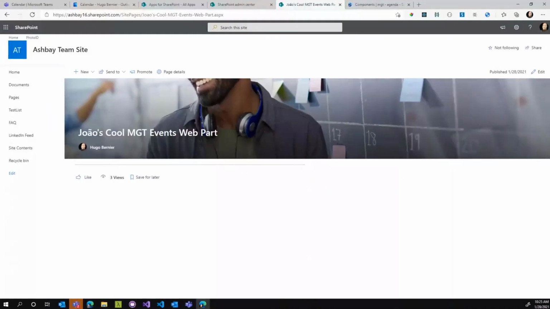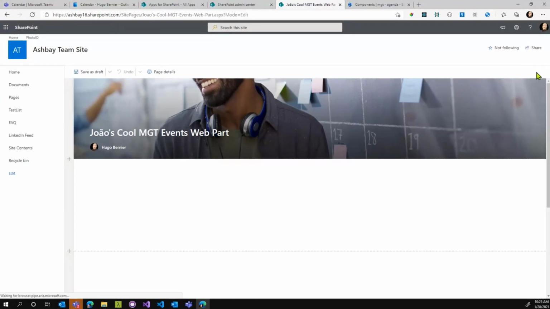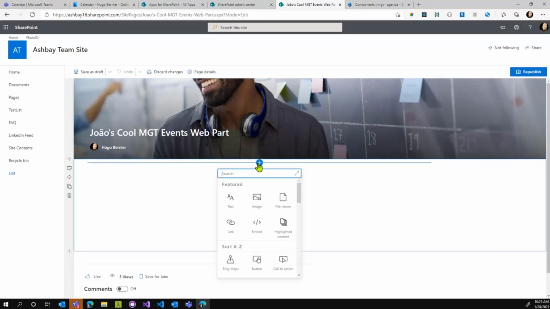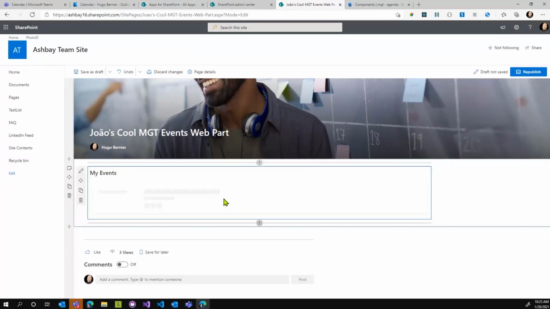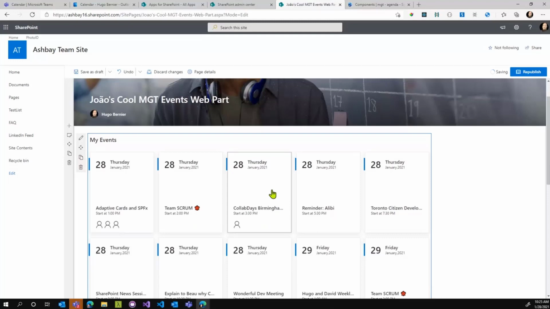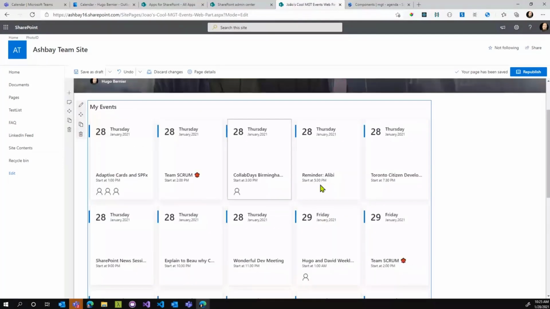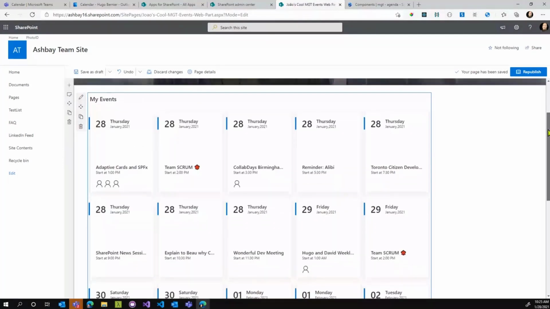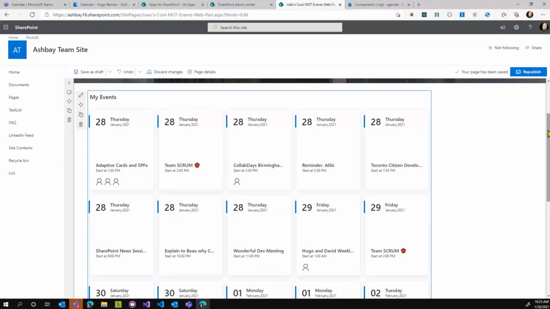But let me show you the web part. Enough talking about stuff. I've already deployed the web part and I've already authorized it. So now if I go to a page and search for the MGT events web part, here's what it does. It automatically goes and gets my events. I know it's hard to show the full thing here, but it retrieves my events and then displays them in